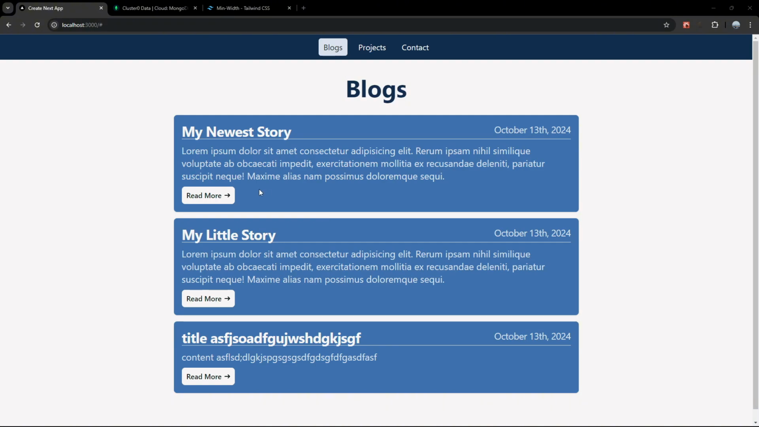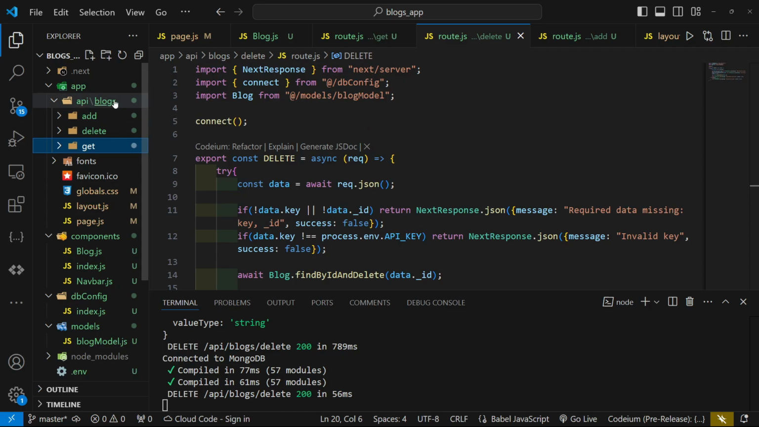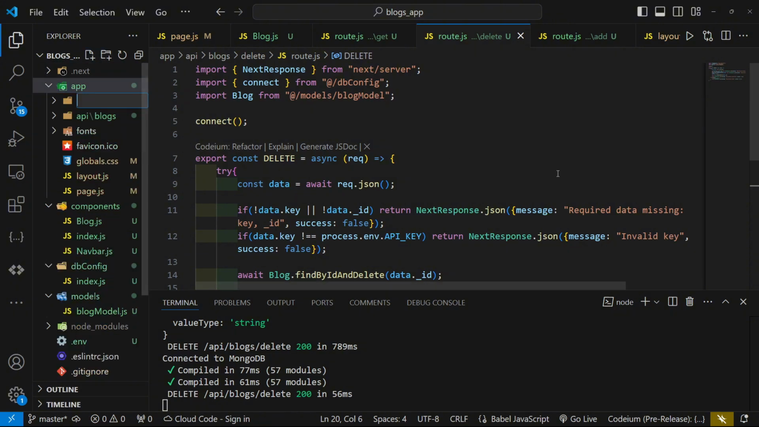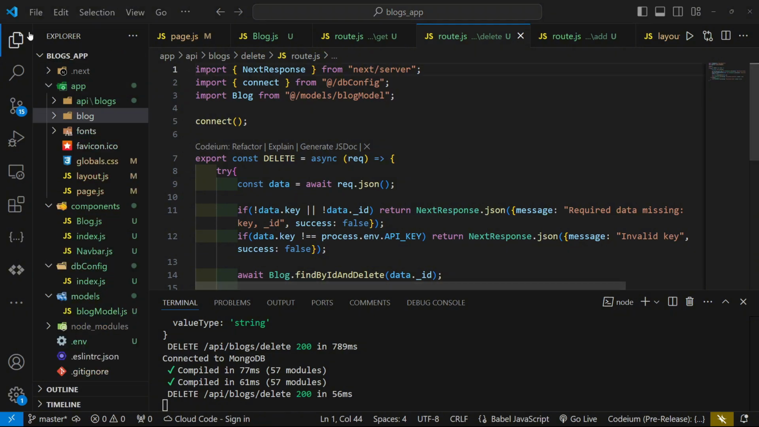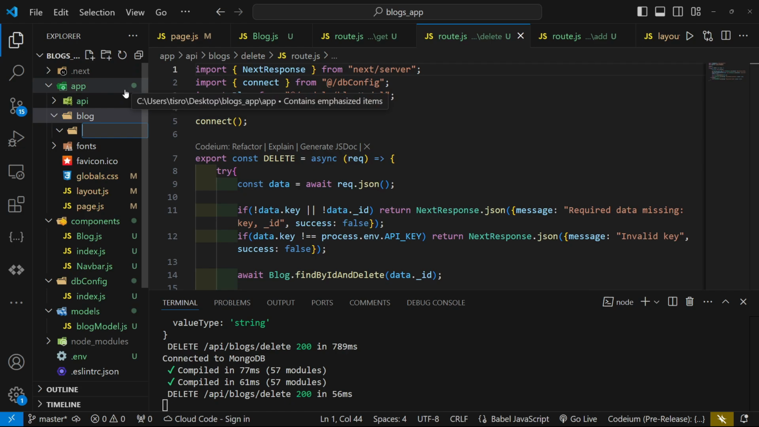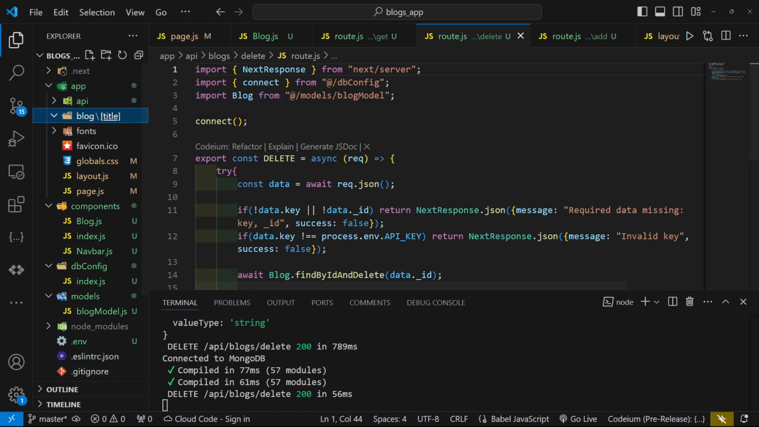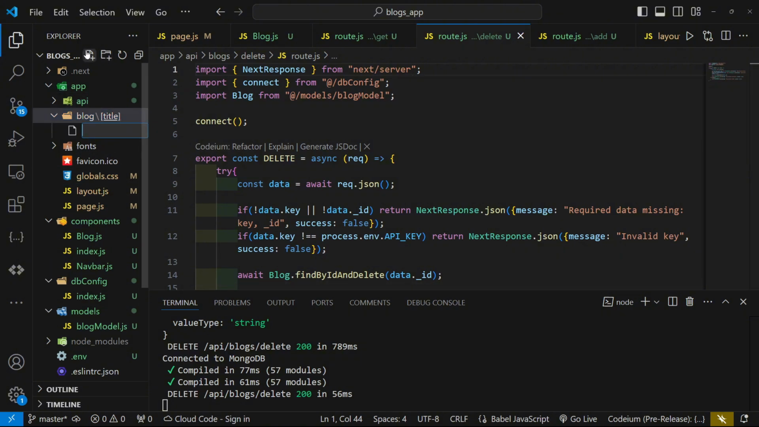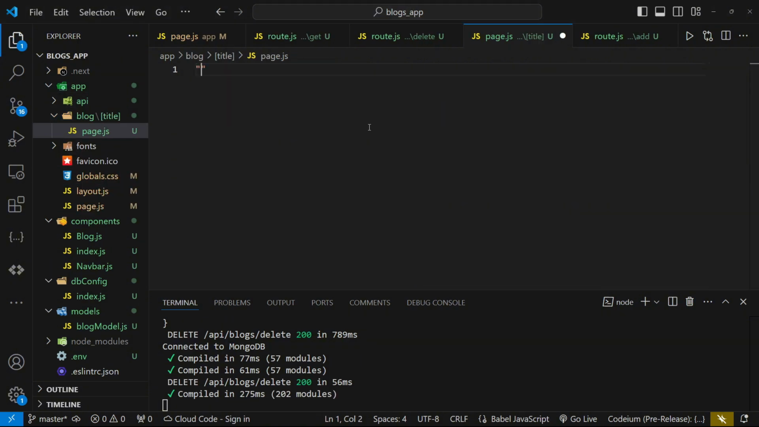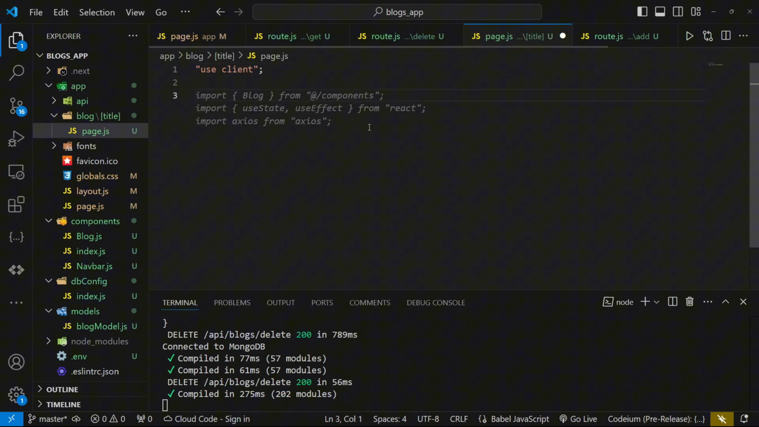And so for the read more, when you press on it, you can have a modal that will open up and give you the full blog, but I want to work on special routes, which we haven't really done. So we're going to create a new folder. We're going to call this guy blog, and in this blog, it's going to have another folder with square bracket title, and this title will be like an ID. So we're going to write page.js, and here we're going to start by writing use client, and then we're going to have a